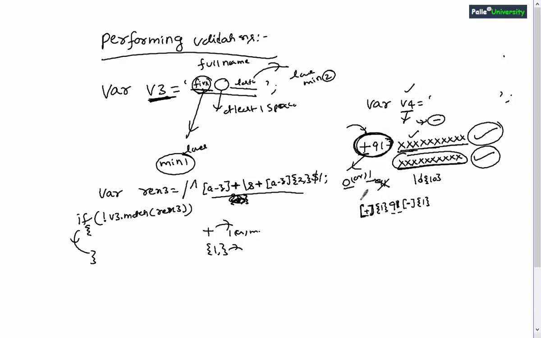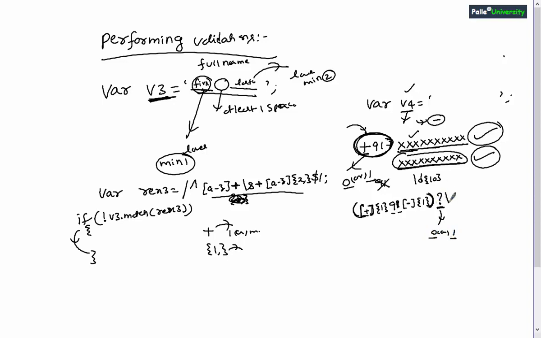How to make one specific content valid either for 0 times or for 1 time? Very simple. In order to make this specific thing optional, you have to place this entire thing in parentheses, and immediately after this you write a question mark. We already know the meaning of question mark: 0 or 1 time. So the overall content inside the parentheses will be valid either for 0 times or at most 1 time.